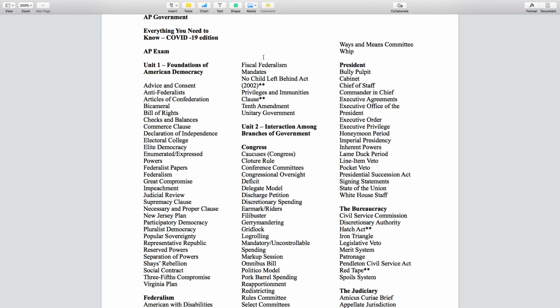Well, being that education's a reserved power, you'd probably want to go with the states on that. But if you went with the federal government, you could talk about the No Child Left Behind Act. This was one of the most sweeping changes in federal education law. It really caused a lot of tension between the states and the national government.